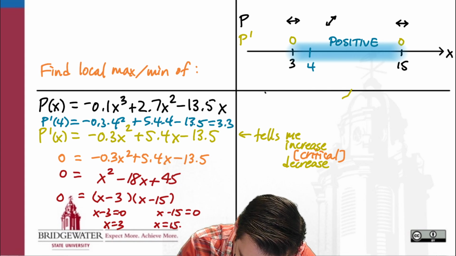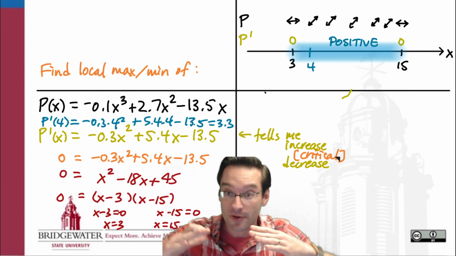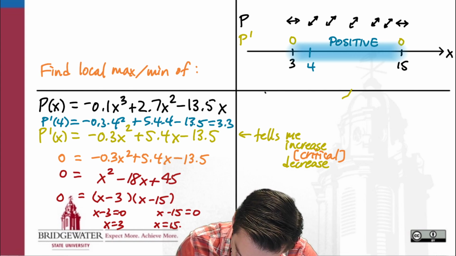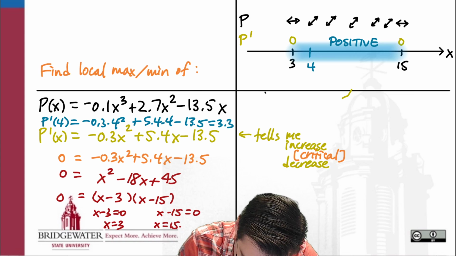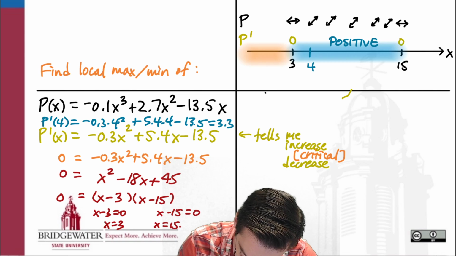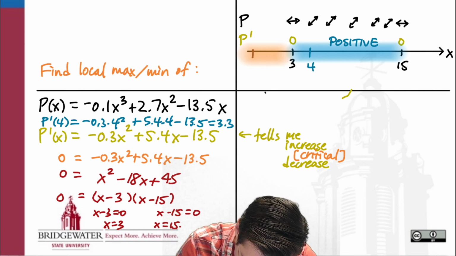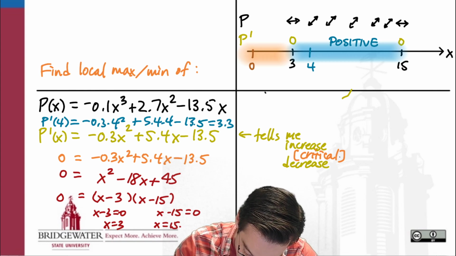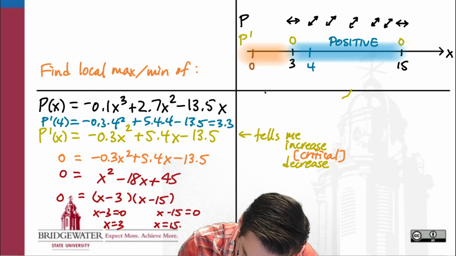So I kind of like to draw this little sign chart where it sort of shows me which direction my graph is going at these various x values. So everywhere in between x equals 3 and x equals 15, my graph is definitely going upwards. It's definitely increasing. And if I then play the same game for, let's say, picking an x value that's less than 3. Anytime you can pick 0, it's usually an easy one to pick, so I'm just going to pick 0. If I then compute p prime of 0,